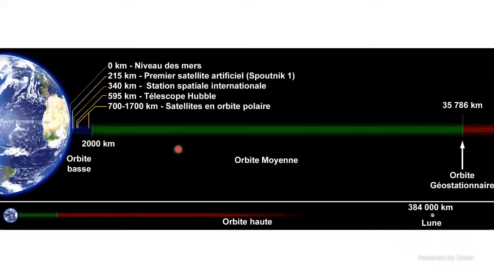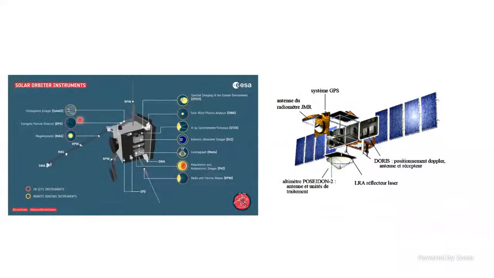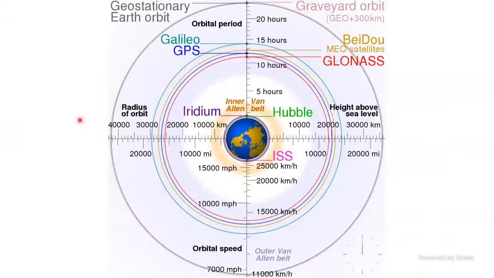For our satellite detection, our remote sensing satellites, we can actually put them in the medium orbit or in the high orbit. We can sometimes put them in the low orbits, in polar orbits, for example. Let's say for instance, in these orbits we have too many satellites like GPS, Galileo, Hubble, like I said,